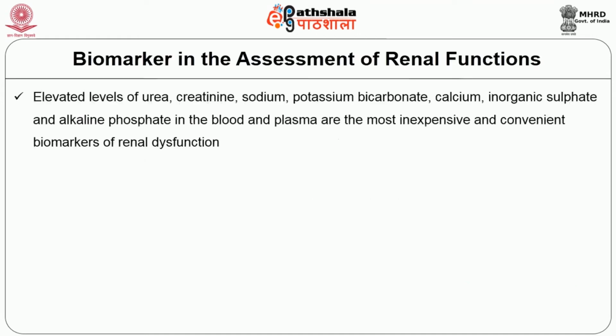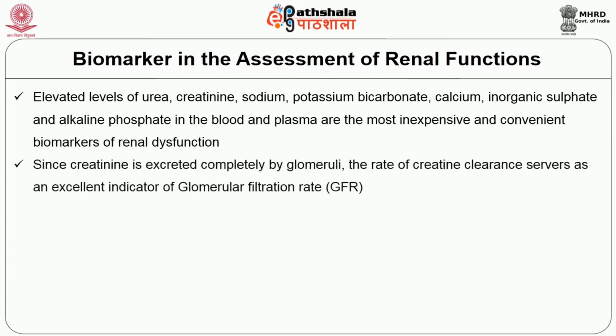Elevated levels of urea, creatinine, sodium, potassium, bicarbonates, calcium, inorganic sulfates, and alkaline phosphatase in the blood and in plasma are the most inexpensive and convenient biomarkers of renal dysfunction. Since creatinine is excreted completely by glomeruli, the rate of creatinine clearance serves as an excellent indicator of glomerular filtration